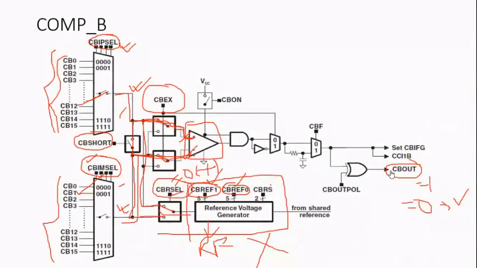Now one more bit is there, the CBRS bit. CBRS bit is called the comparator shared reference source. This is a 2-bit field. If it is 0 0, no current is drawn by the reference circuit. When I am discussing the control registers, I will tell what the value of CBRS is and, for each value, what the working condition is. So we will see that in the later stage.